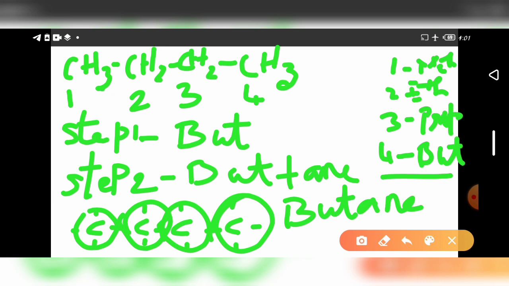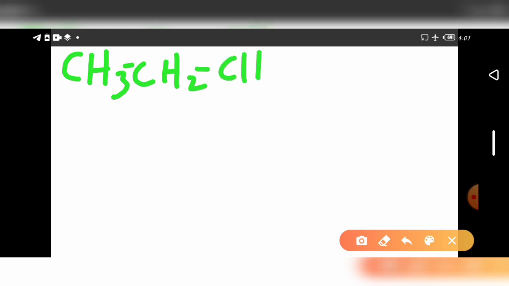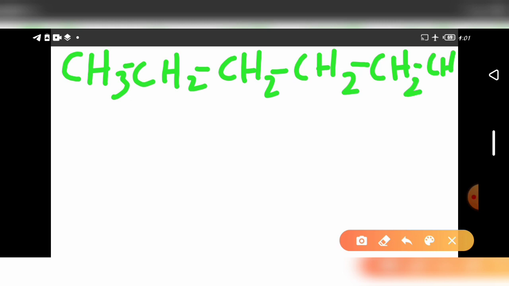That's all for naming the compound. Again, I am giving you an exercise; you have to complete that one. See here: CH3, CH2, CH2, CH2, CH2, CH3. You have to do it as homework. Any doubt in this? How many carbons are there? 1, 2, 3, 4, 5, 6 carbons. What is 6? 6 is hexa. Whether it is a single bond or double bond, you have to check it. You draw the structure after you identify the name.